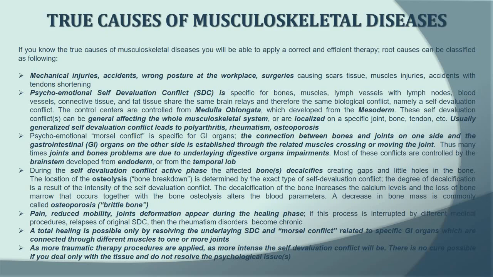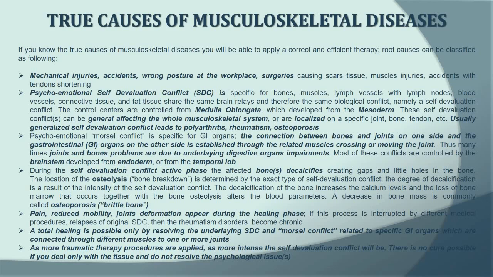A decrease in bone mass is commonly called osteoporosis or brittle bone. Pain, reduced mobility, joints deformation, they all appear during the healing phase. If this process is interrupted by different medical procedures, relapses of the original SDC, then the rheumatism disorders become chronic. A total healing is possible only by resolving the underlying self-devaluation conflict and muscle conflicts that are related to the specific gastrointestinal organs,